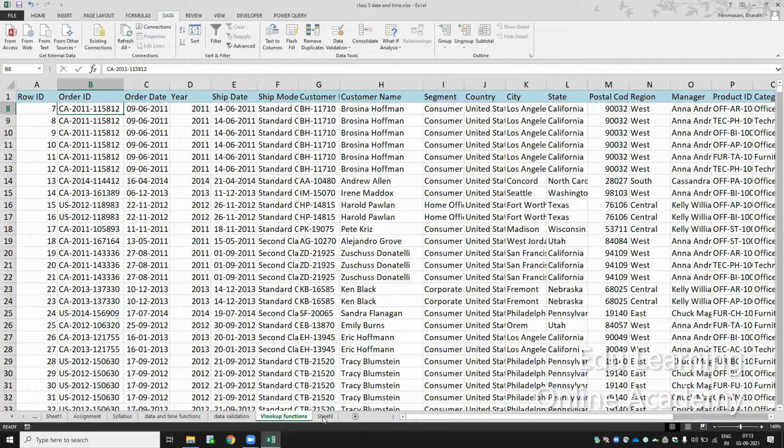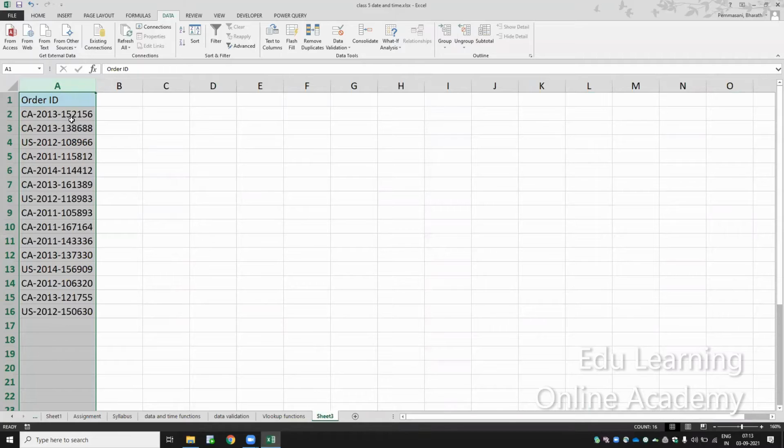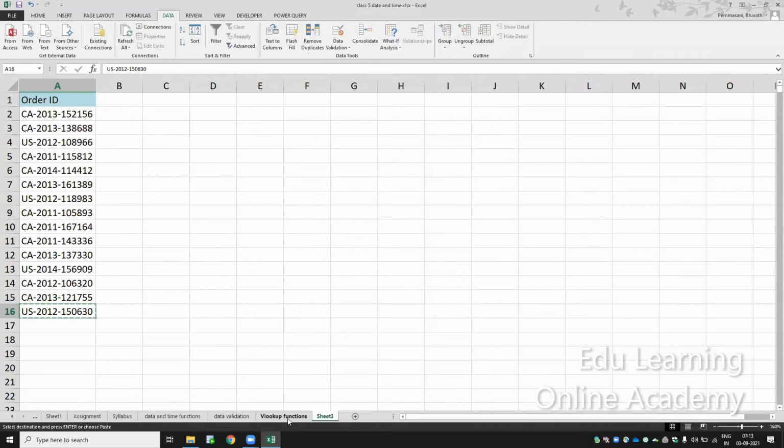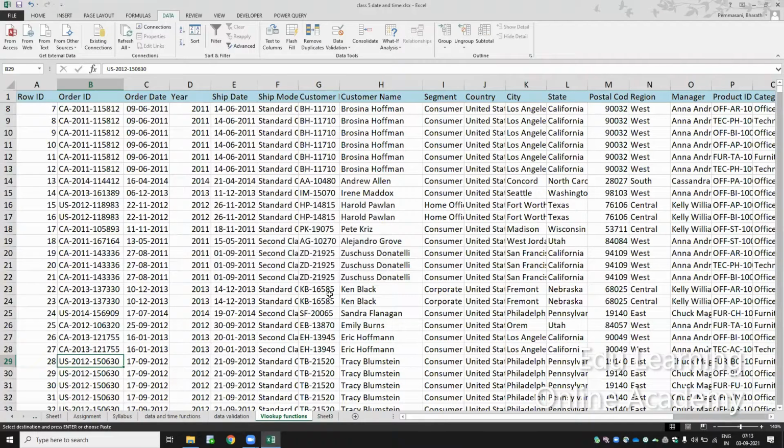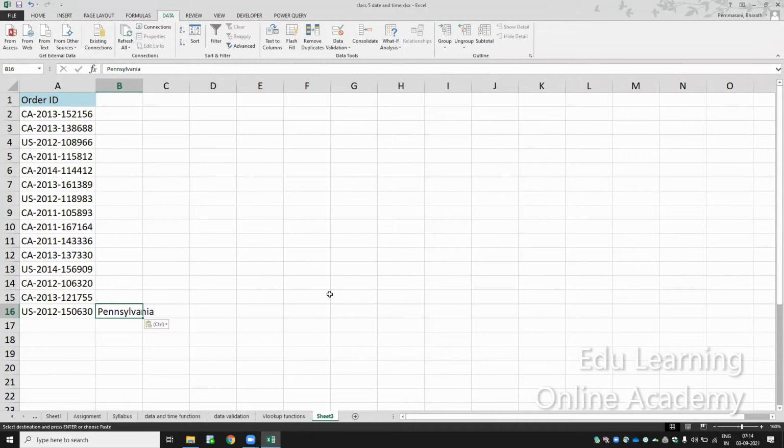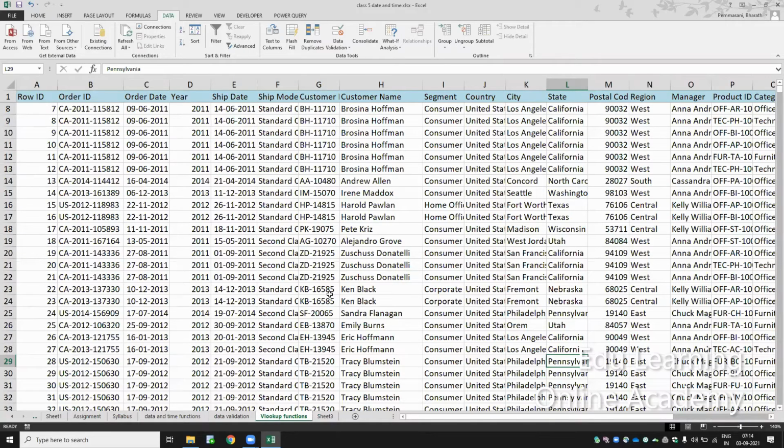So normally, how do we work? I'll copy this one, come from the last, and go to this sheet. I'll do Control F, Control V, enter, and I'll see. Oh, this is here. And which state was this order placed in? This order is placed in Pennsylvania. Okay, I'll paste Pennsylvania. This is the state. So this is how we used to get it manually.